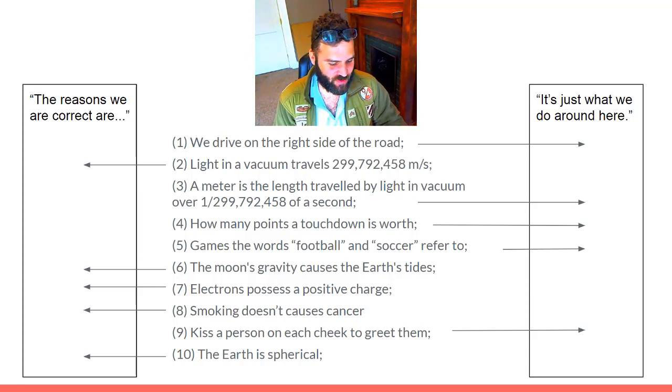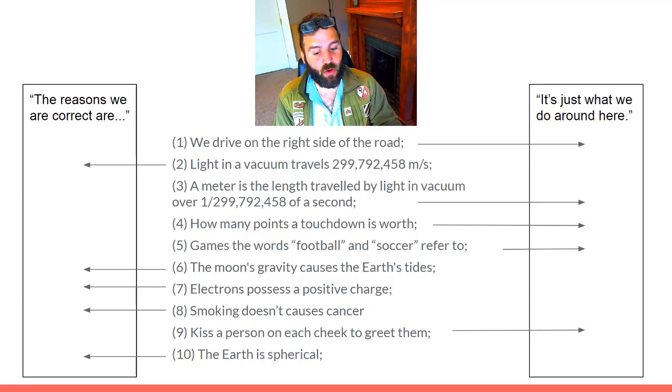There's an answer as to what's true or false. So some things are just matters of convention. They go on the right. Other things are matters of whether they line up with the truth of the world, and they go on the left side. And one of the big differences is for the cultural conventional things, the justification for them,